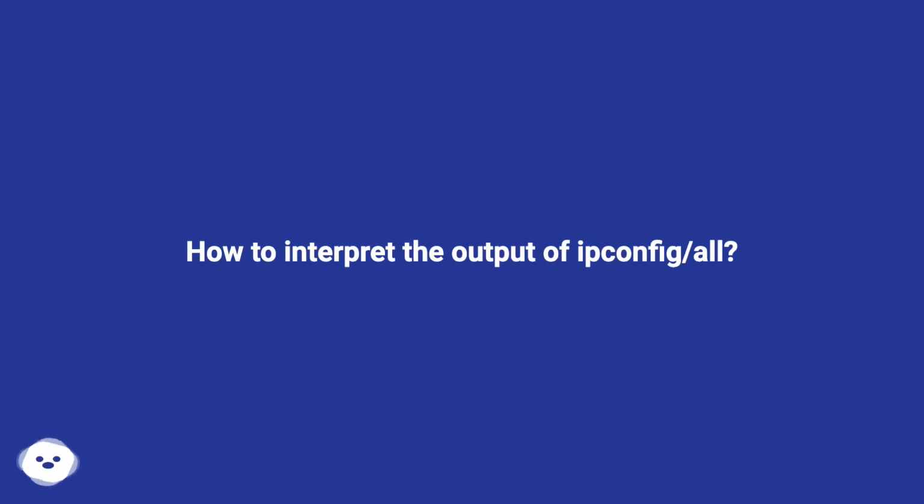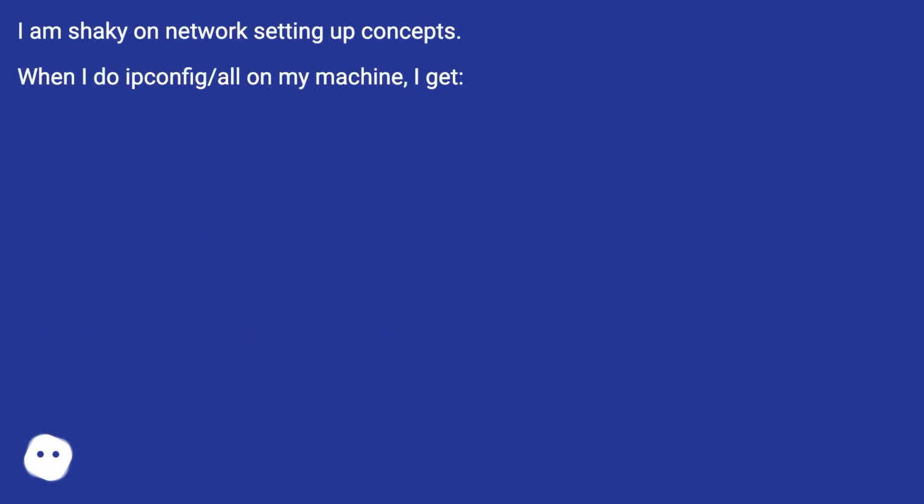How to interpret the output of the ipconfig /all? I am shaky on network setting up concepts. When I do ipconfig /all on my machine, I get